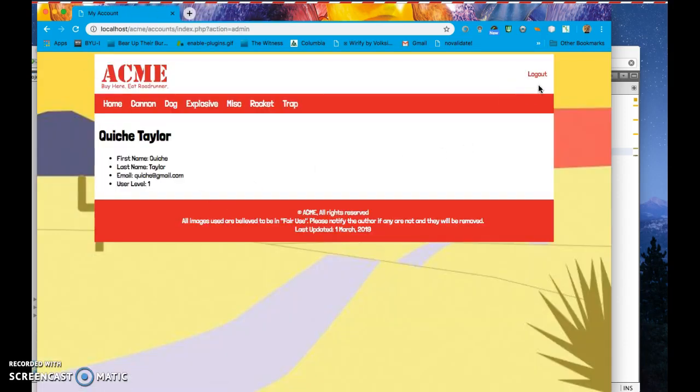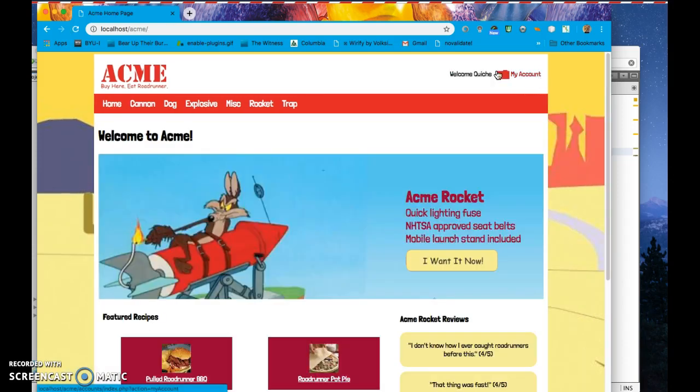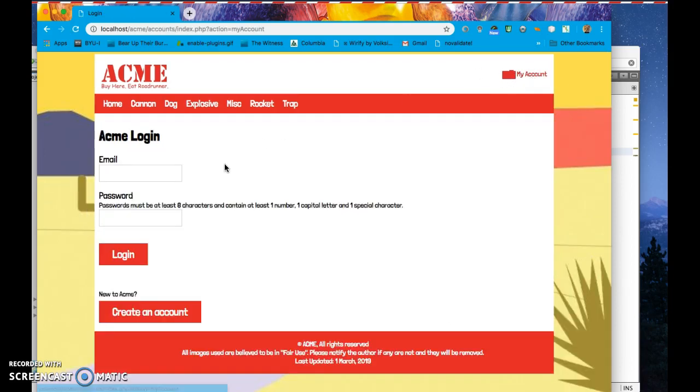And you'll see that the logout button appeared because I'm logged in as Quiche. And then I'll log out. It brings me back here to the My Account, and the cookie hasn't been deleted, so that's why Quiche still shows up. But when I go to click My Account, and I'm going to log in as the admin,